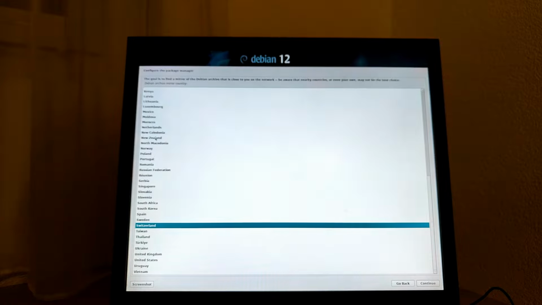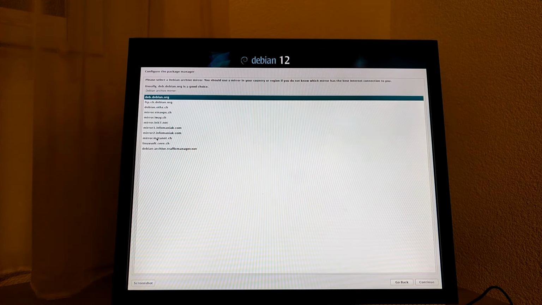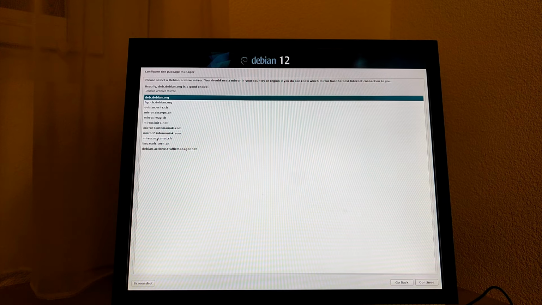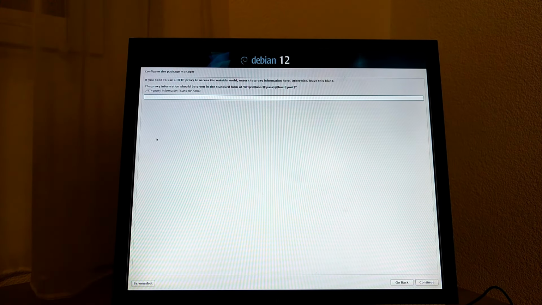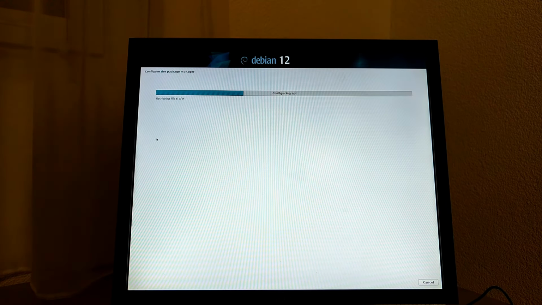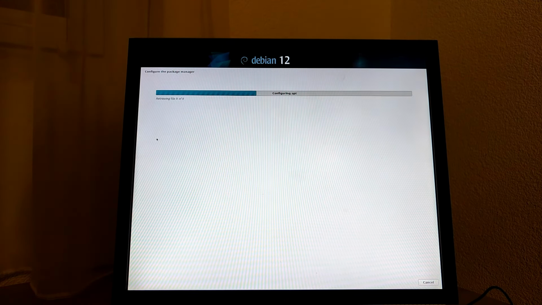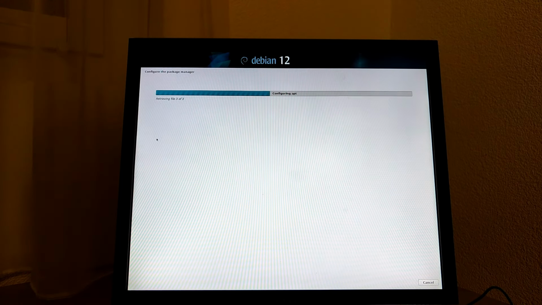And it's done. So here we can select from where the packages will install for our updates. I'm gonna select Switzerland, just take the one near you, so probably your country. Then you can also just select which mirror, so which server exactly you want. I'm just gonna go with the default one. We're gonna leave this blank, and it's one time again gonna do its thing. So just leave it there,